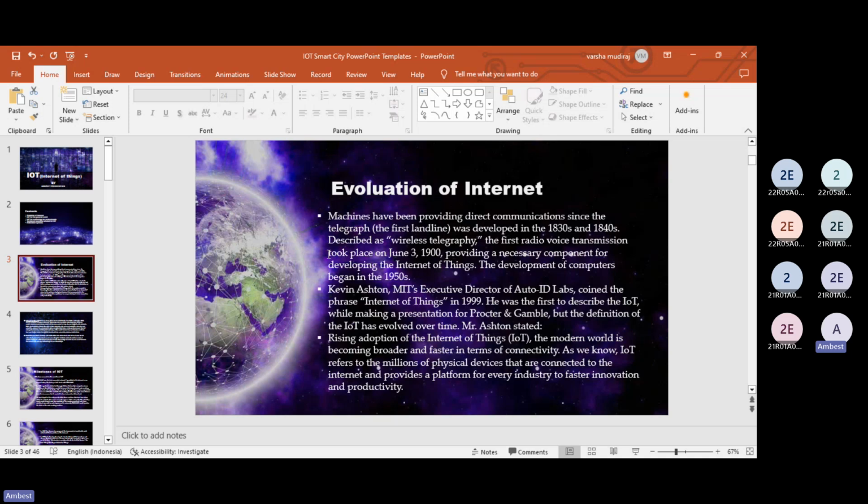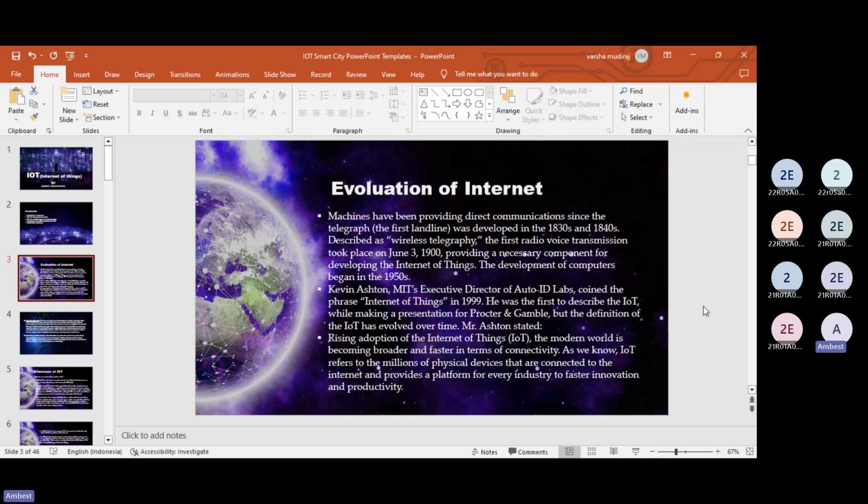So the evolution of the internet is not particularly recent. It started from the year 1830. It's not the processing of two or three years, or five years, or ten years. It's been hundreds of years of processing. So the evolution has a huge history compared to other communications and networks. And the person called Kevin Ashton, in the year 1999,